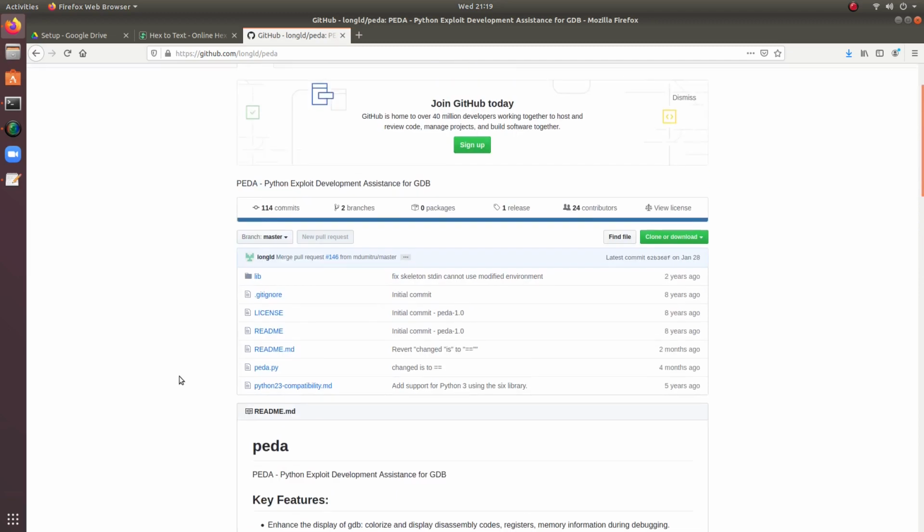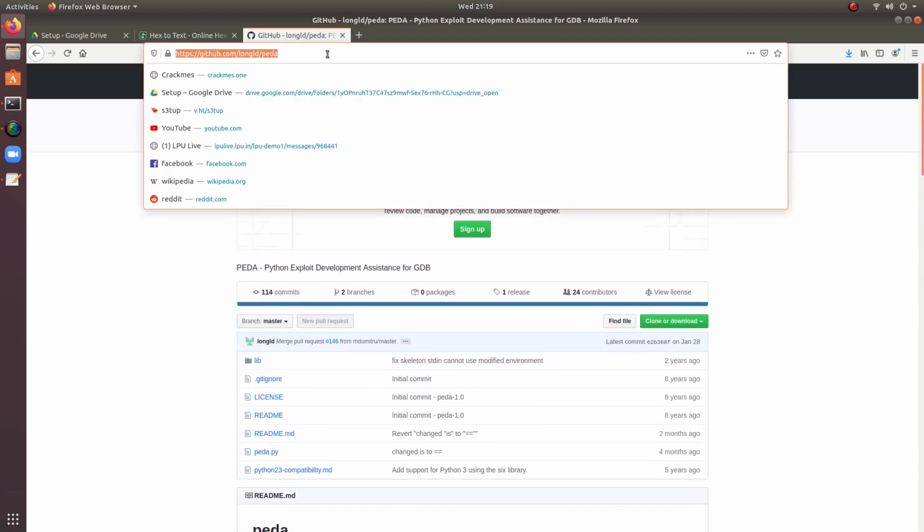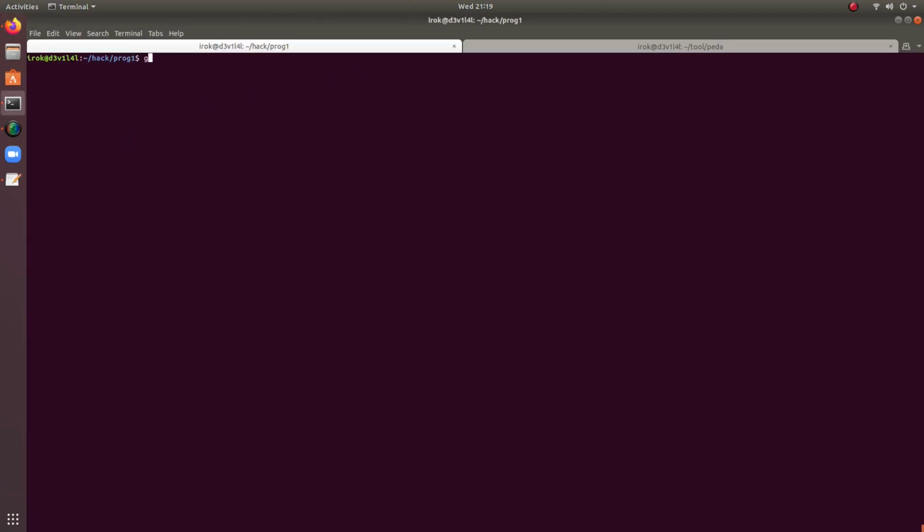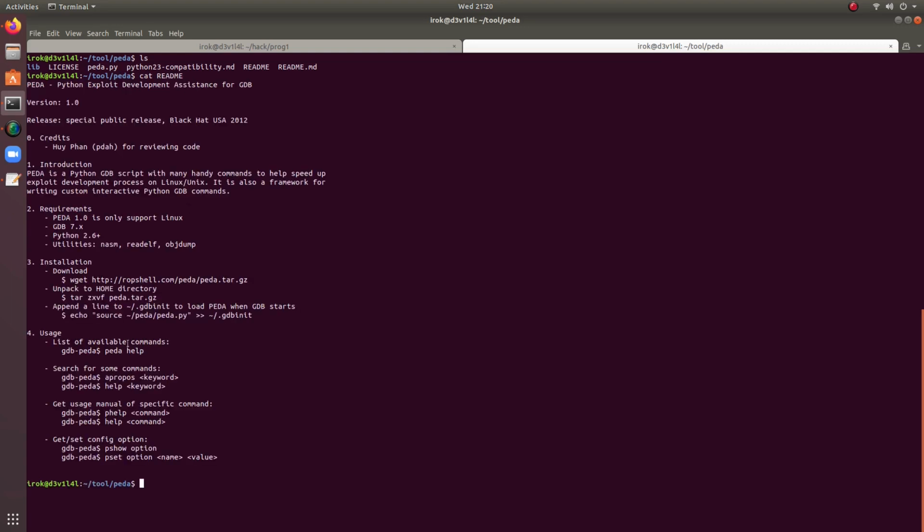Okay, to add this, just select your URL and git clone, paste your URL, hit enter. It will be cloned, like downloaded. So after download, just move into that directory and cat README. Here you can see how to install it. Okay, this line will help. See, so